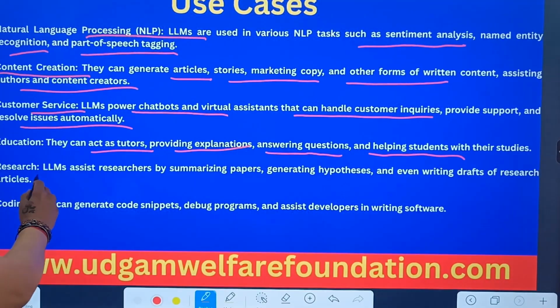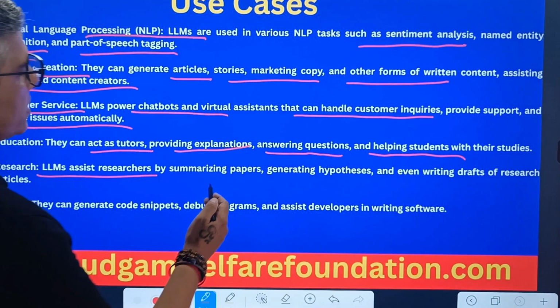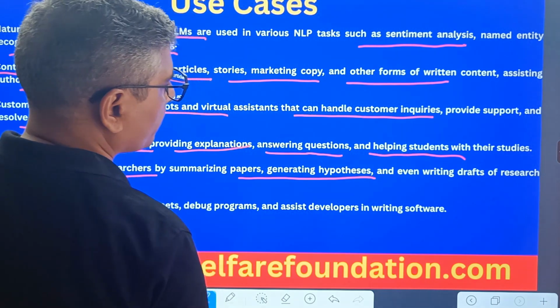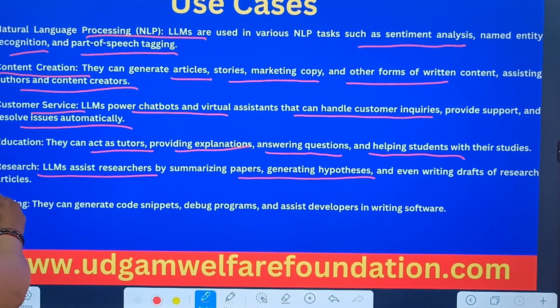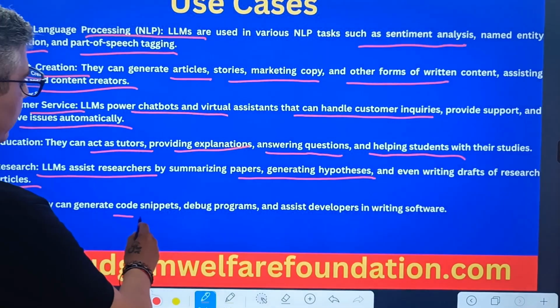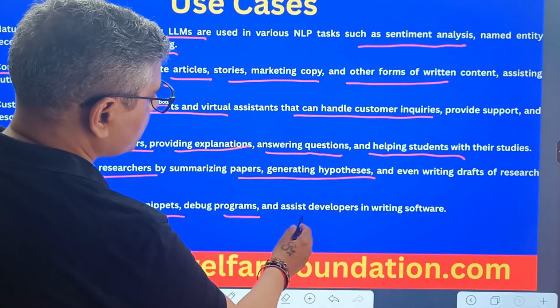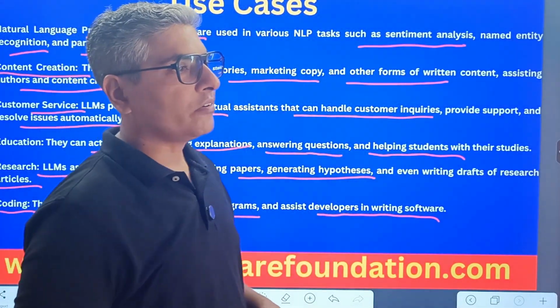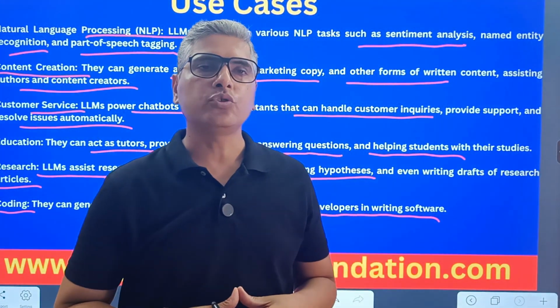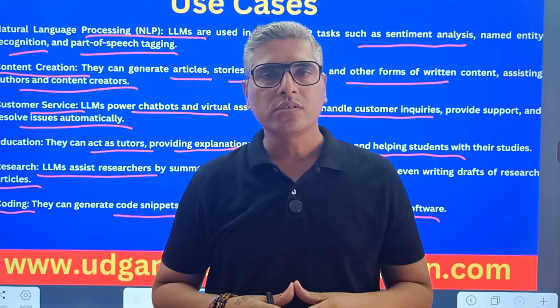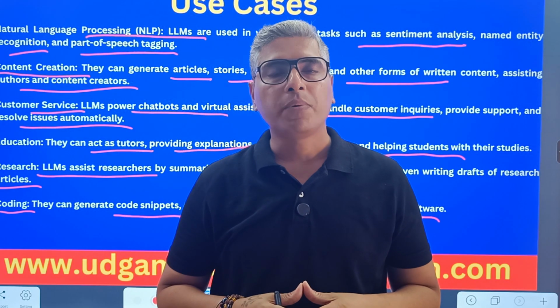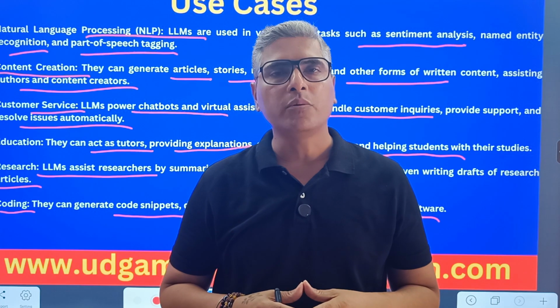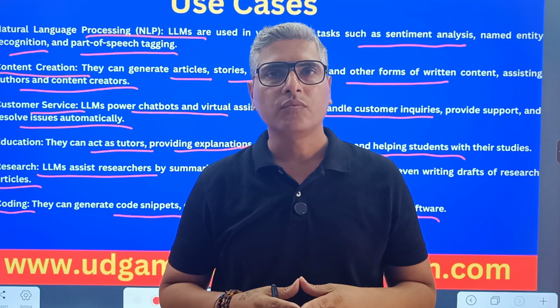Next one is research. LLMs assist researchers by summarizing papers, generating hypotheses, and even writing drafts of research articles. So even researchers can use this. Coding. In coding also, they can generate code snippets, debug programs, and assist developers in writing software. We are also going to generate a few code snippets, and also we are going to learn how we can use these LLMs to create plugins which can be integrated on WordPress to get the desired results